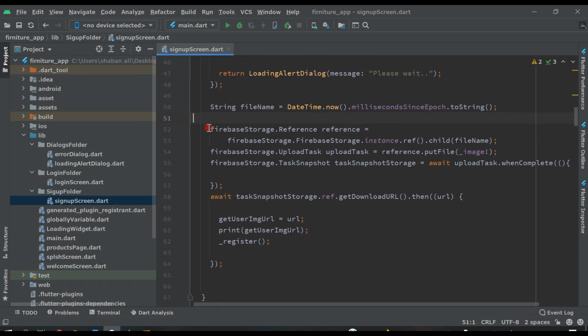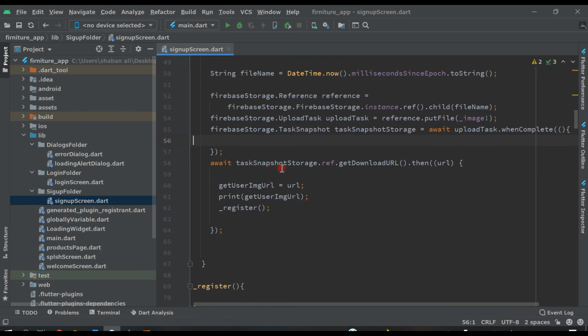After that we are targeting our image profile to our database, as you can see here: Firebase storage reference, instance reference child will be the file name which we have created here. Then we are putting this image here, and after that we are taking snapshots, and it will be an await because it will take a little time to upload, and when it completes we will get this snapshot here.